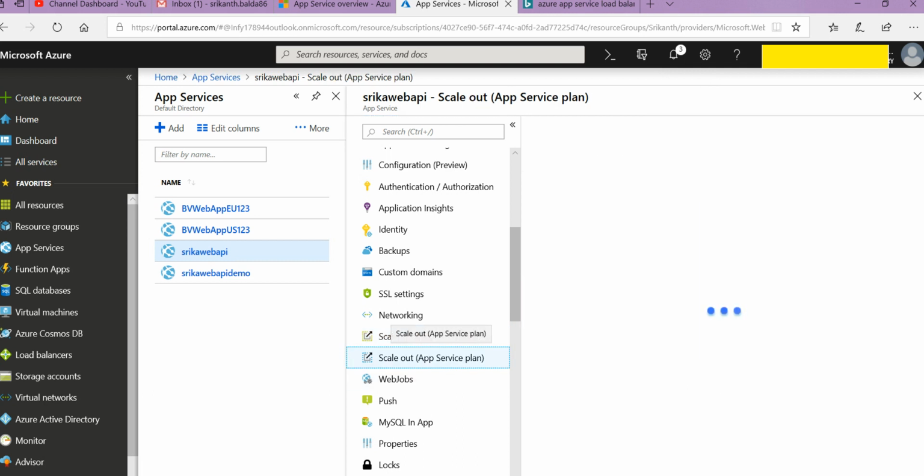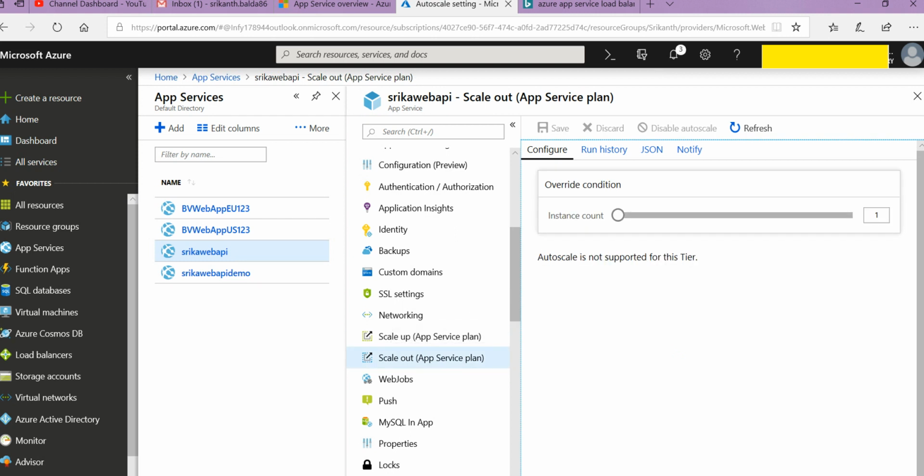And again, coming to the scale out, you can increase the instance count. Right now it has one instance, like one CPU. You can have multiple instances. Right now I have changed it to 2, and if you click on save, 2 instances get created. If you understand the load balancing concept, like primary node and secondary node, if your load is more, you can increase the number of instances so that your application performance does not get degraded. So the next feature is